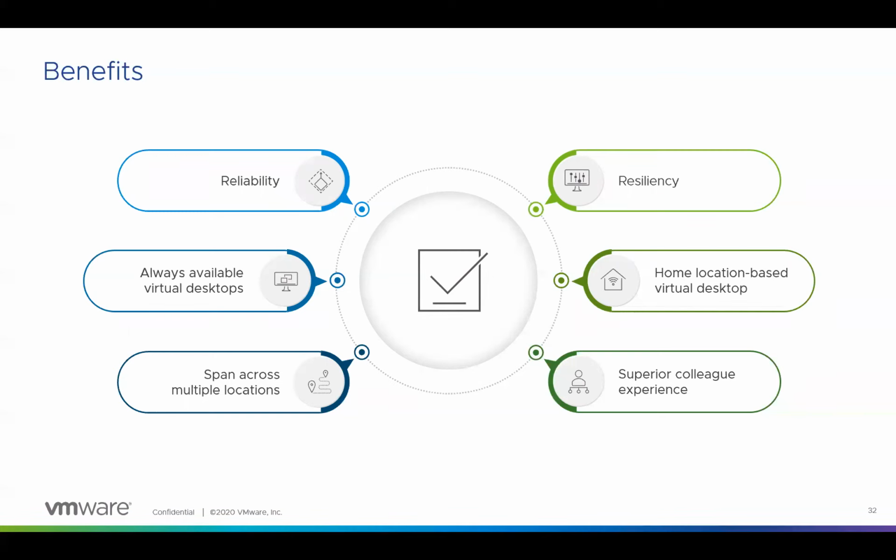For internal colleagues, we have a pretty large deployment. We were able to manage thousands of urgent requirements of providing a virtual desktop within a short period of time using this AWS and Horizon 7 architecture, which made it much easier for us to spin up more than 4,000 virtual desktops in a short period of time, and then onboard the Pivotal and Carbon Black mergers.